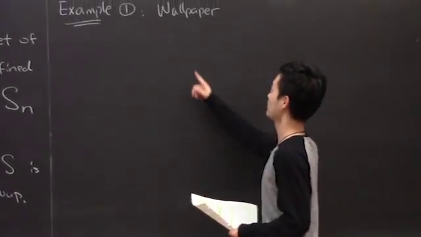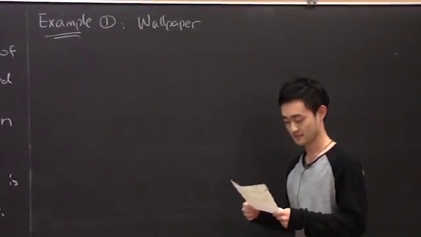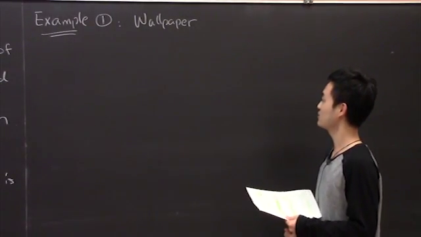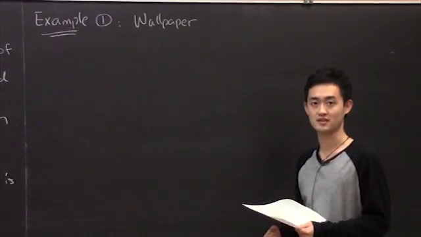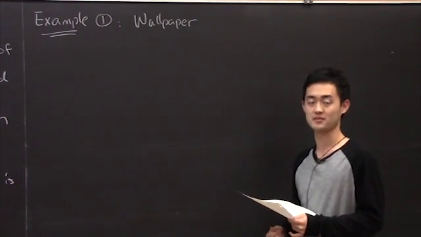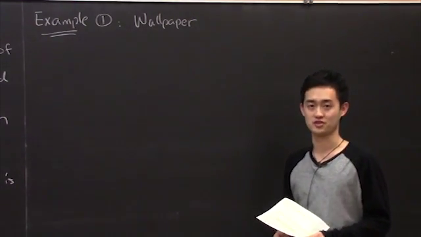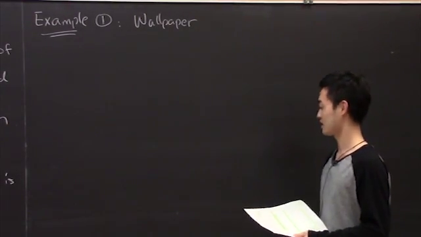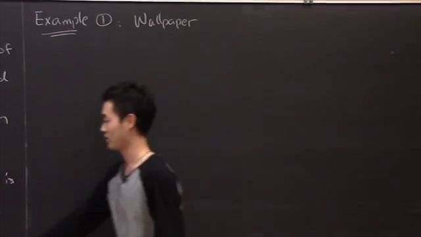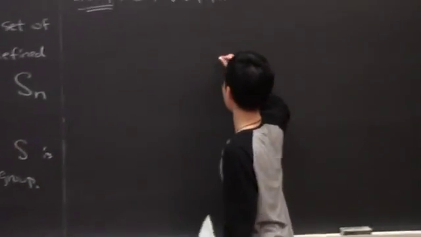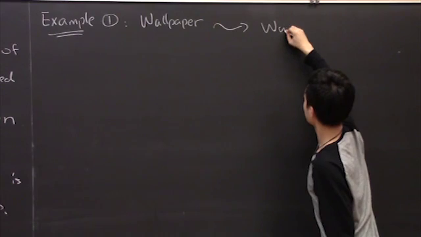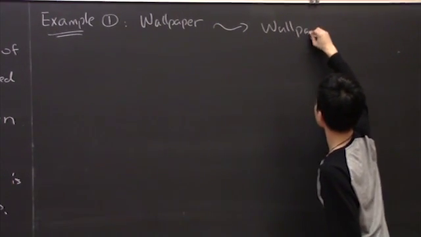Our first example is the wallpaper. If we see wallpapers at different places, oftentimes they look different. So we might start thinking there are infinitely many types of wallpapers. It turns out that this is wrong. We can actually put a group structure on wallpaper. We call it the wallpaper group,